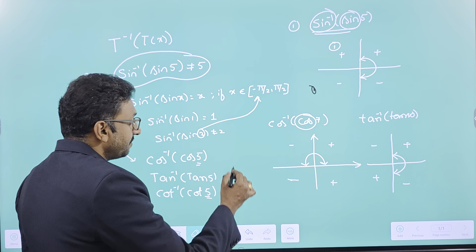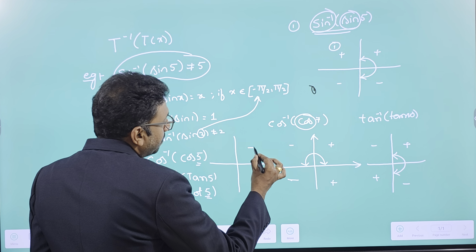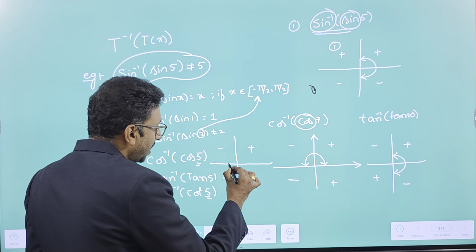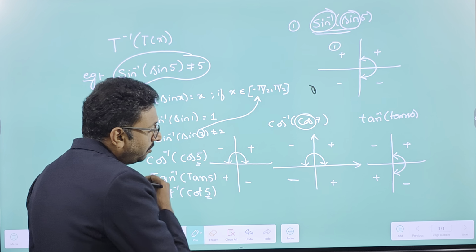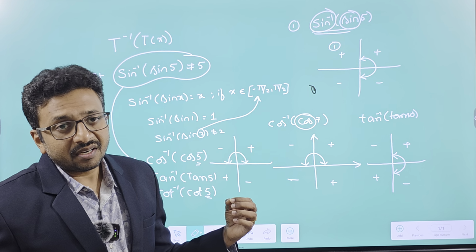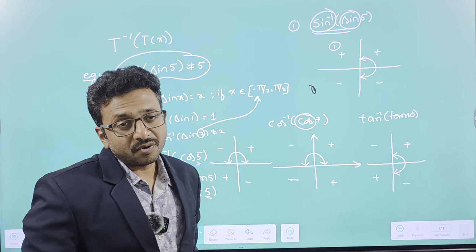What is the quadrant diagram for cot inverse of cot? Again, plus, minus, plus, minus. And what is the range of cot inverse? 0 to pi. So from these steps, you can see that the quadrant diagram for cosecant inverse of cosecant and